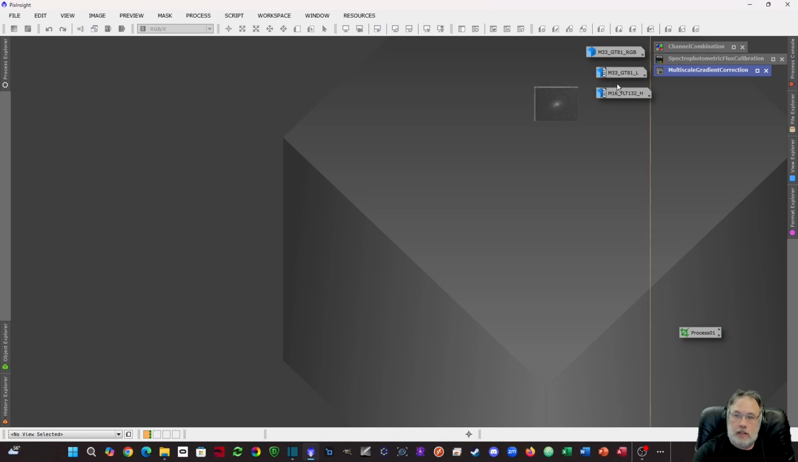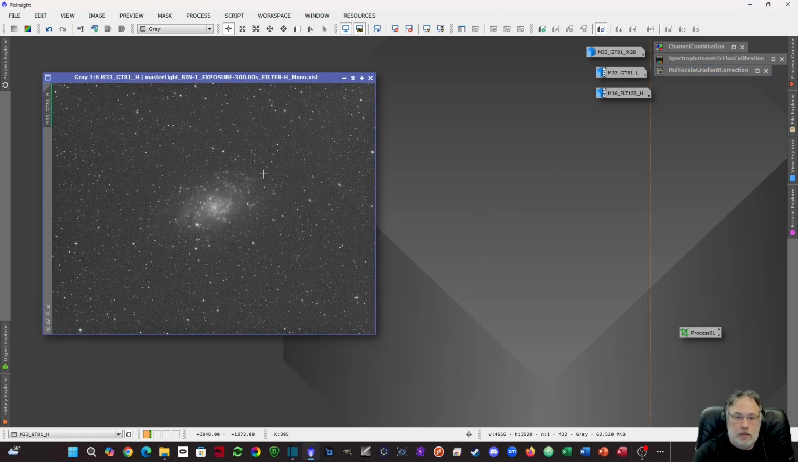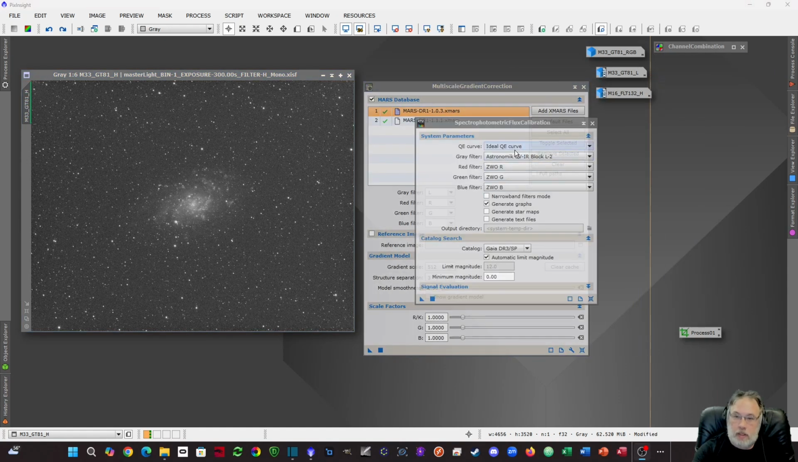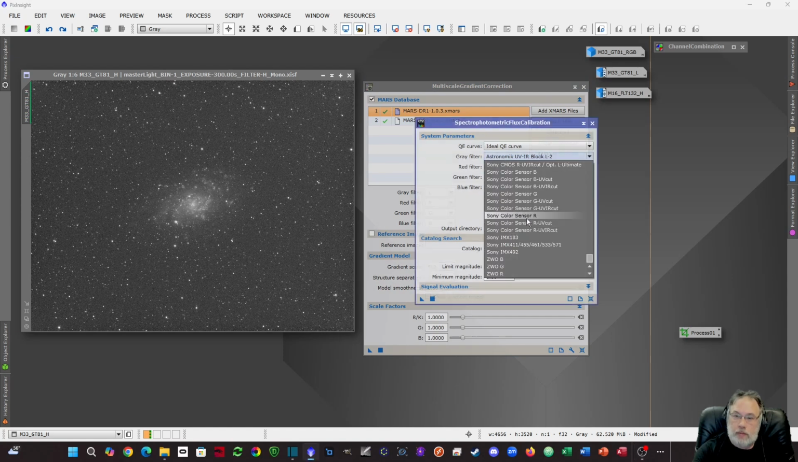Now, if I also did hydrogen highlights, in this case, we do the same thing. I'm going to go ahead and image solve this and flux calibrate it, and then we'll go straight to the multiscale gradient correction. So I am going to show something here. So this gray filter